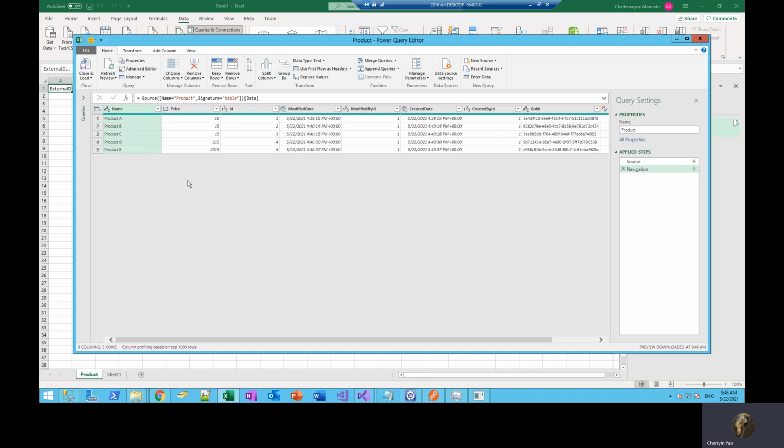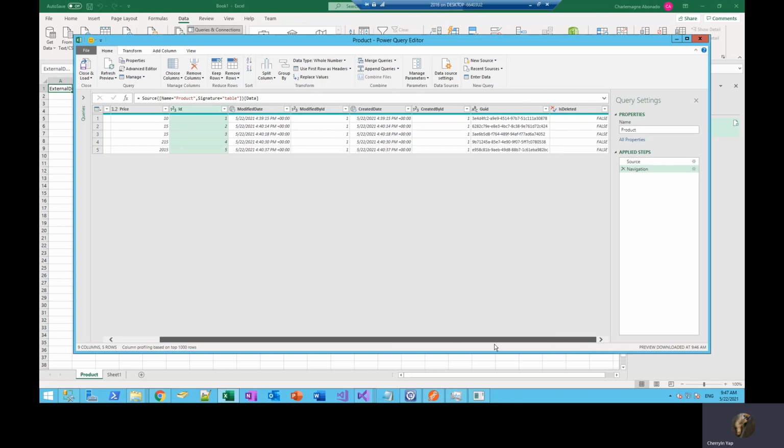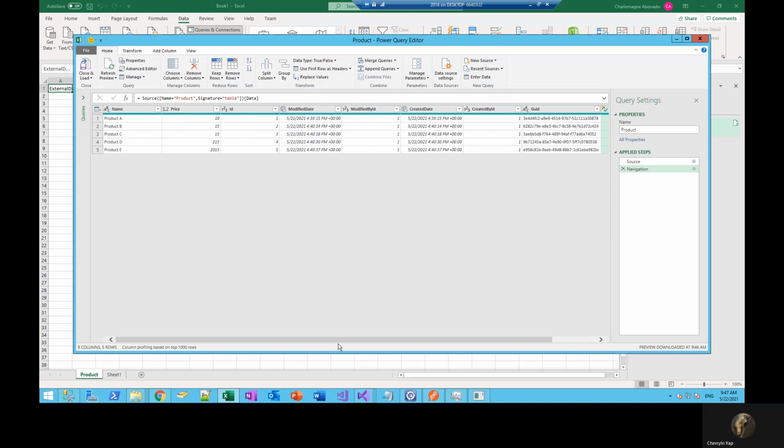There. So I was able to pull in our data already. Then maybe at this point you could do some more querying, filtering, or you can manipulate your data some more.